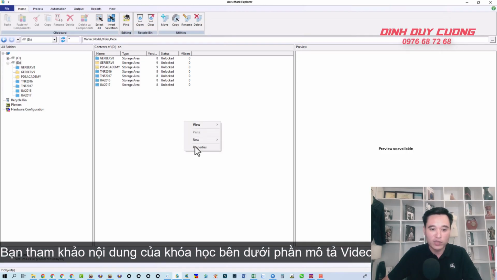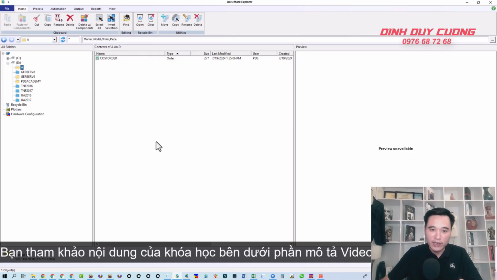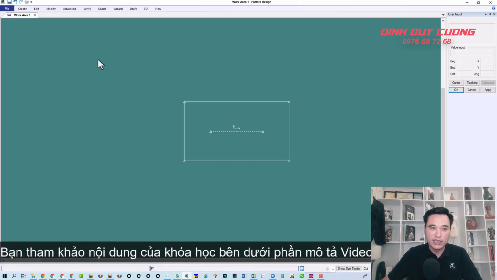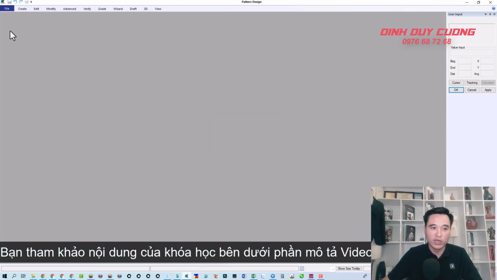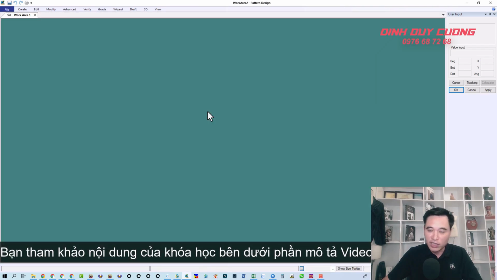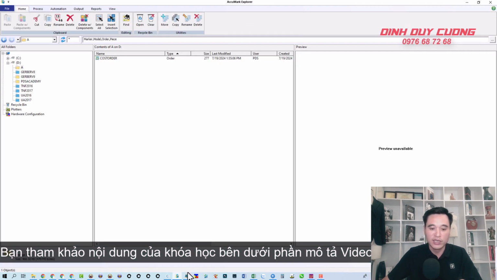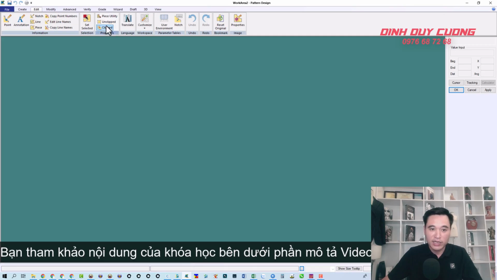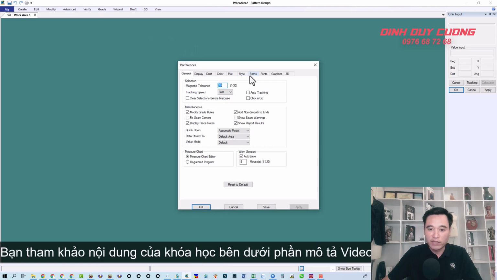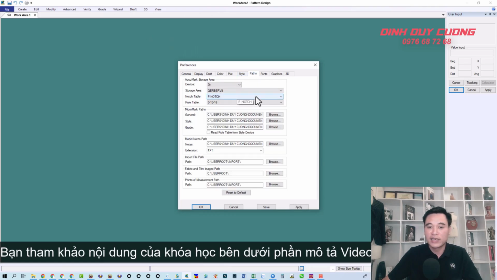Now, I'm going to create an area called A, okay? I'll create an area A right here. All right. And I'll click on this area A. Now, how do we arrange things so that when I open up a brand new page here and design any detail, it will go exactly into this area A? So here's what you need to do. First, navigate into the Edit section, then move into Customize, followed by clicking on Preference, and then carefully select the Path section. From that point, you can choose exactly the specific folder or area where you would like to save your work. Does that sound good to you?